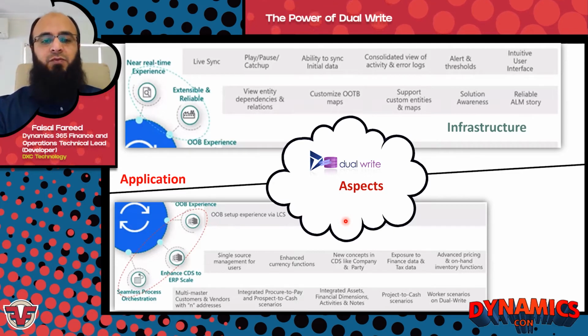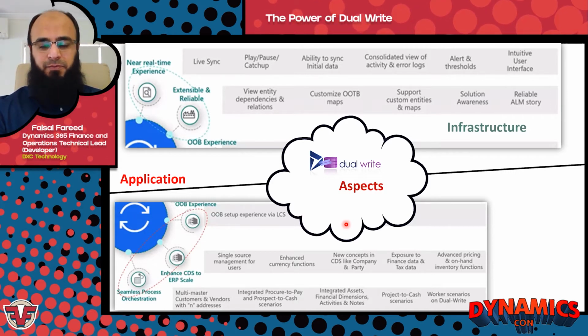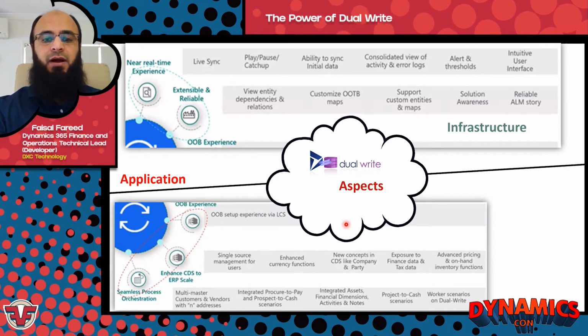Everyone knows that in finance and operations we have a party concept. It's a global address book, and you can associate customer account, contact, and so on with the party concept. In customer engagement, we do not have a concept of a party. Now,